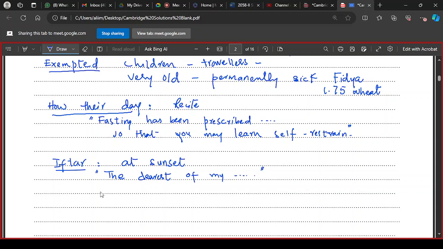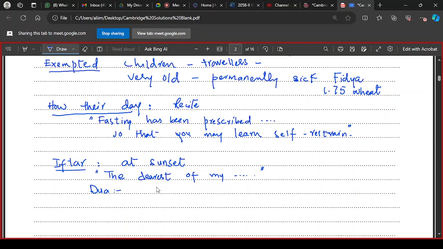Muslims break their fast with dua. Mention that dua, because this is the sunnah of the Holy Prophet, peace be upon him, to break his fast with that particular dua: Oh Allah, I fasted for you and I believed in you and I put my trust in you, and I now break my fast for you from the sustenance that you had provided.